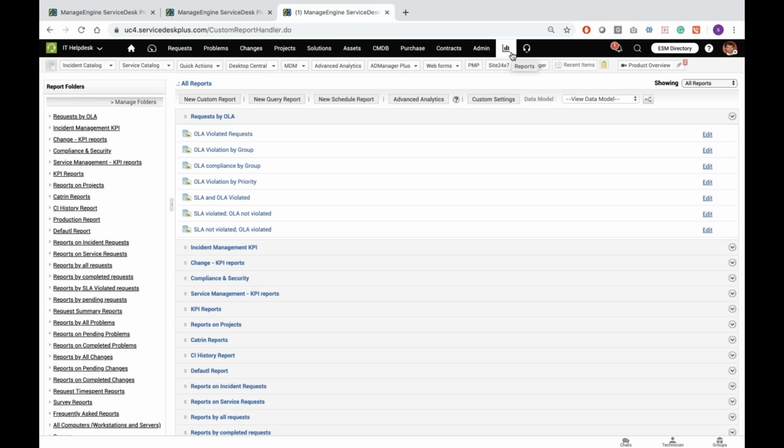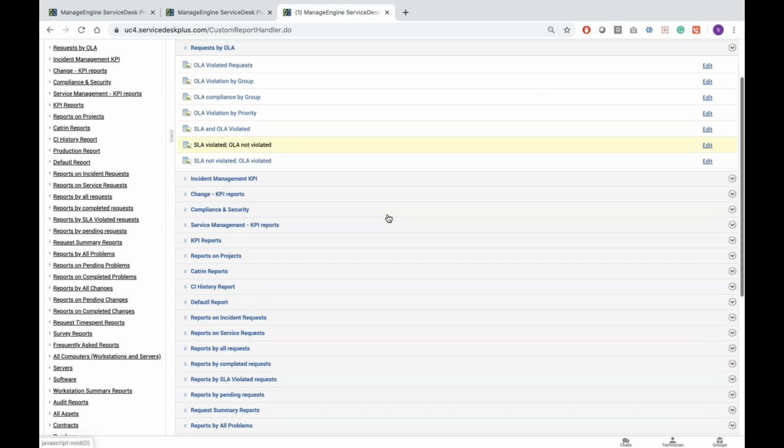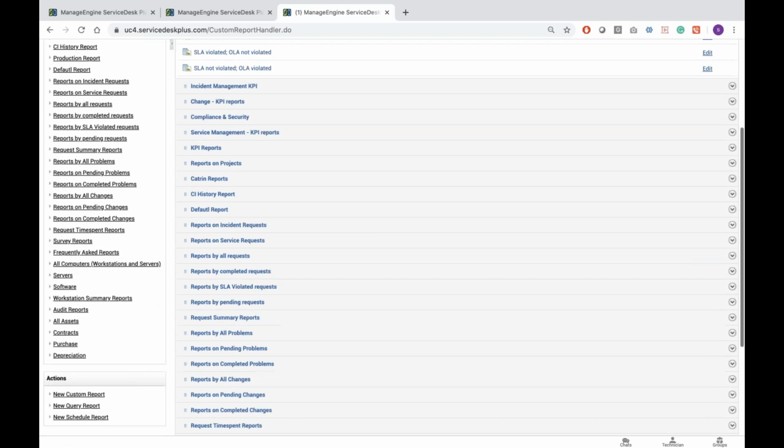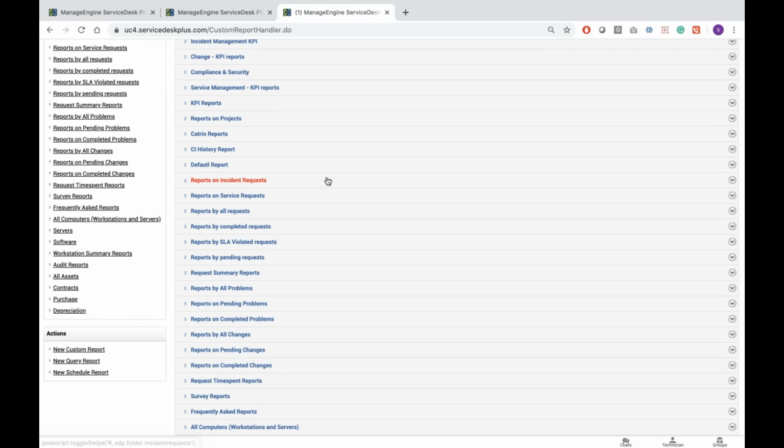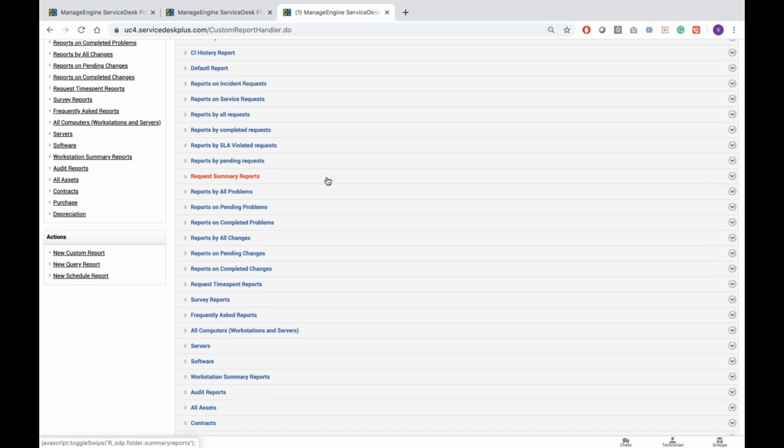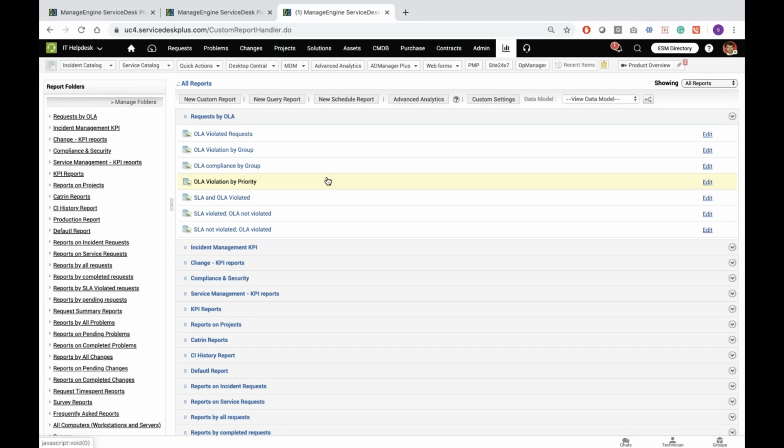Then the product offers extensive out-of-the-box reports. Based on the type of edition and the type of module you're using, from the system you can get extensive reports on incident, service management, problem, change, projects, assets, and your CMDB data. All of these can be reported and exported out. We also have different types of report builders, like query reports, or you could run matrix reports. You can modify or create new reports. These are all the extensive services that Service Desk Plus offers.